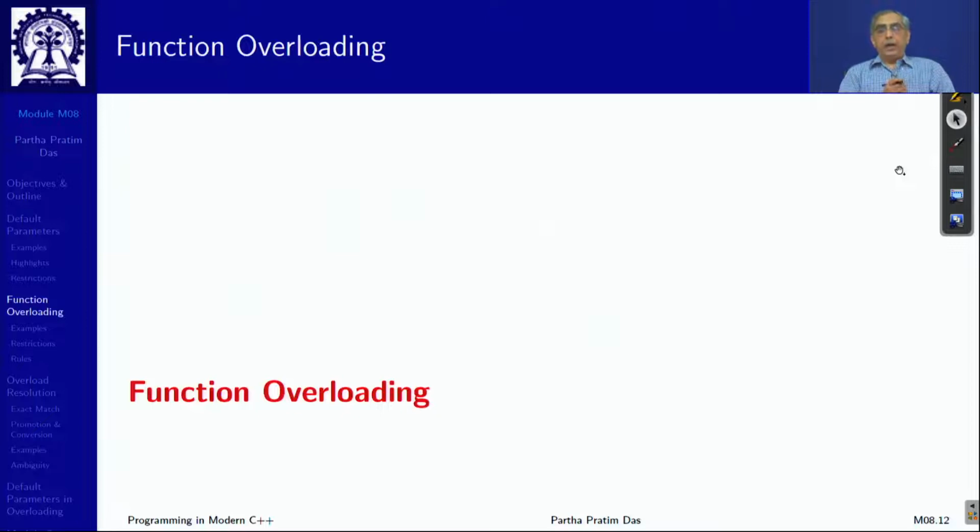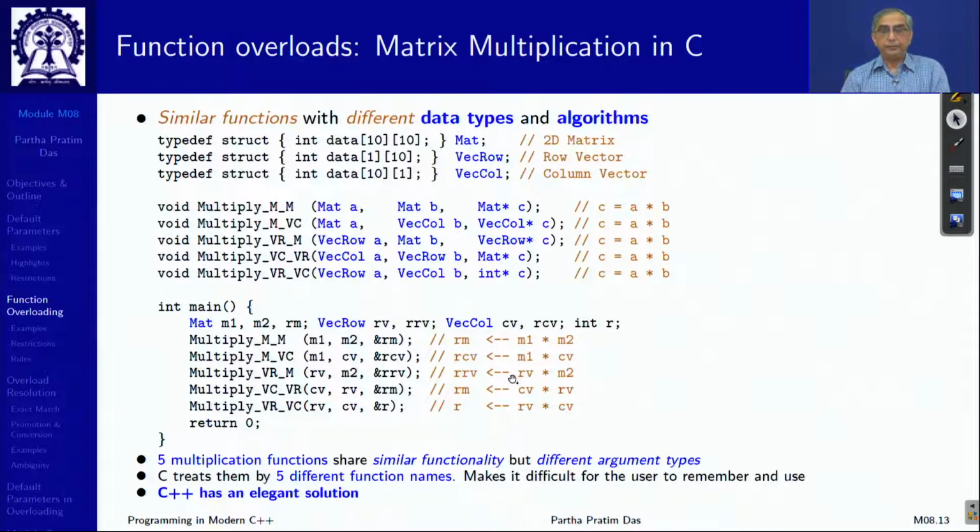Okay. I loosely said these functions are overloaded. Let us understand what function overloading is. Again, the context: suppose there are different situations where conceptually I am trying to do the same or a very similar thing, but my data types are different and my algorithms are different, and therefore they have to be different functions. If I want to do this in C, each such function will have to get a unique